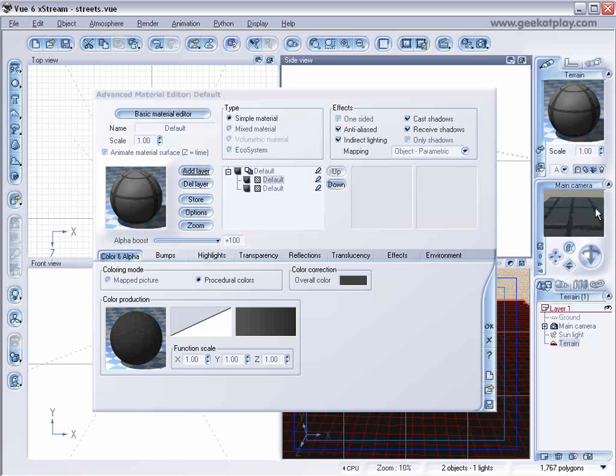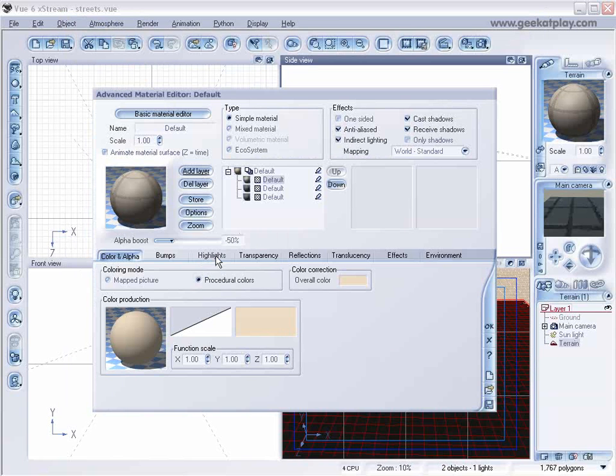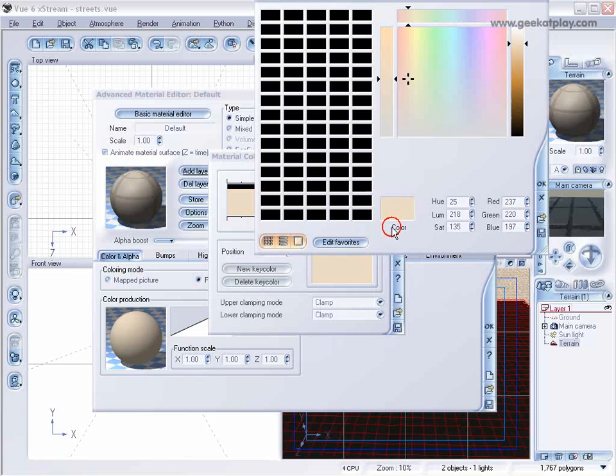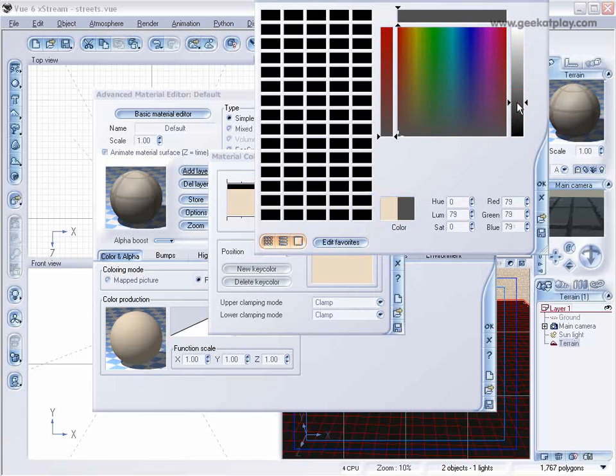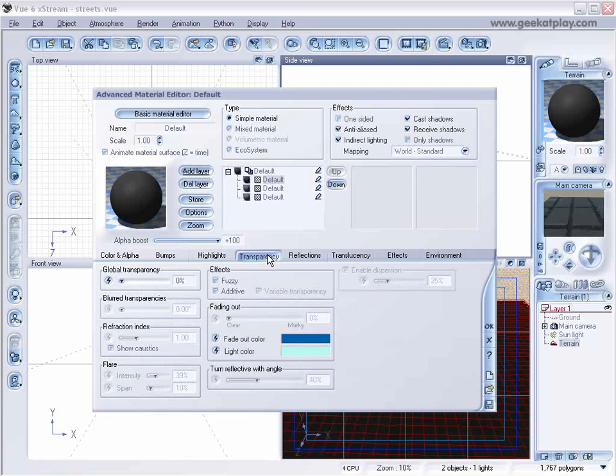And where our buildings are, let's create around here. So we're going to add a new layer. And if you want, you can actually make it a little bit darker. Look, so go here, edit color, and make it darker. Transparency,